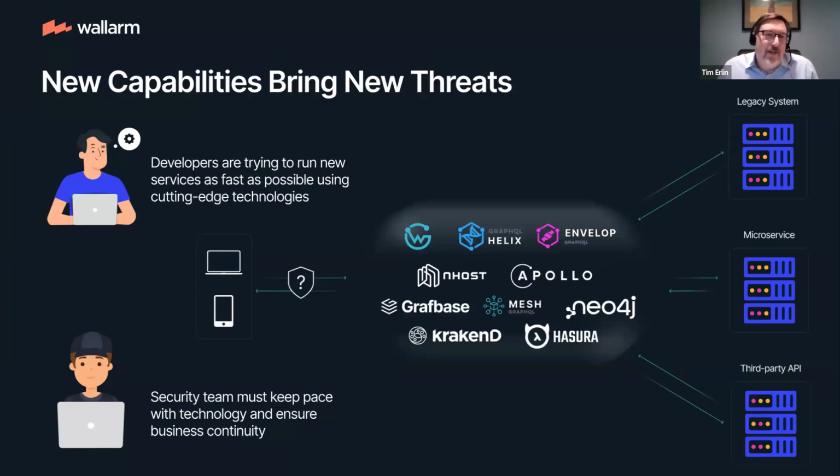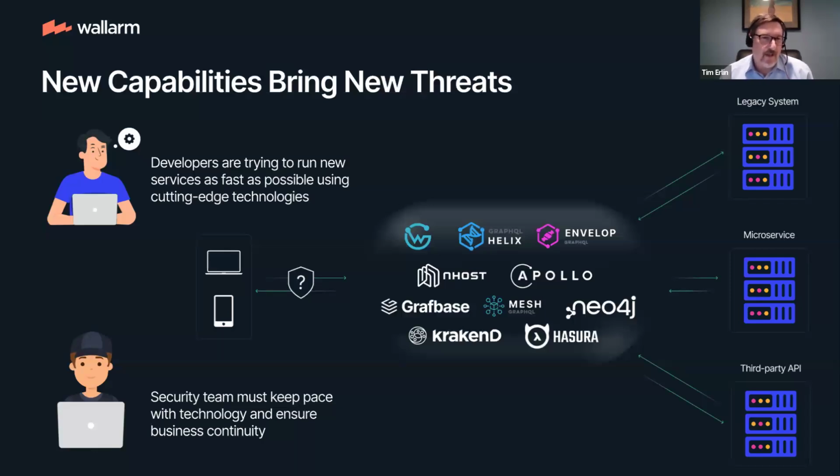So the evolution or the growth in GraphQL usage certainly brings along new threats as well. And it's really interesting. We've been talking internally a lot about how API security in general is being driven by, call it, the rapid pace of innovation. There are lots of new technologies being developed. It's almost a snowball effect. The more tools and new technologies that are developed, the more new things there are to try that make your job easier as a developer or more effective, or allow you to ultimately